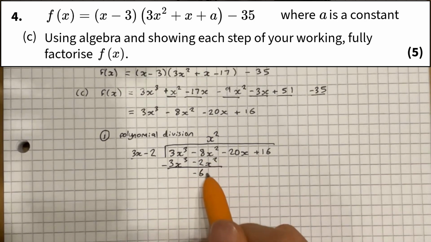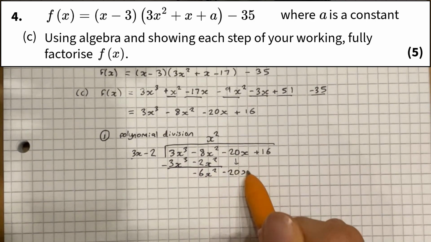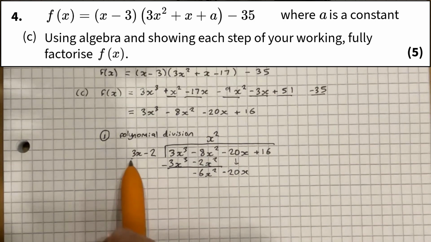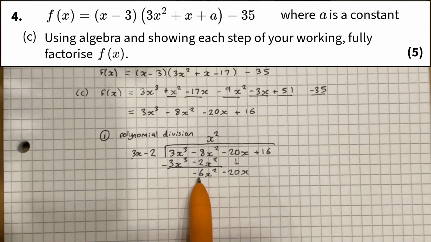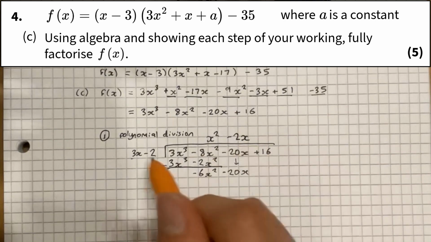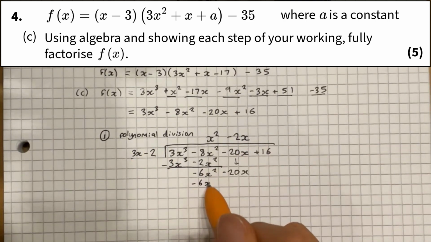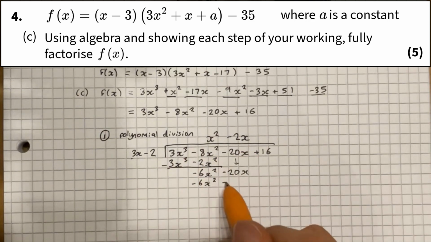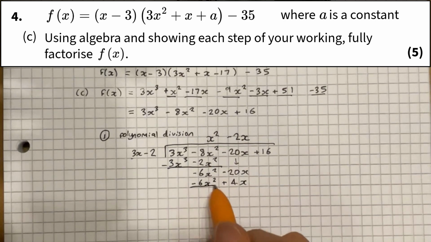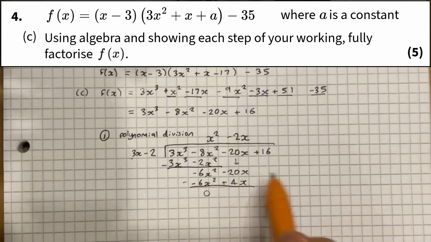And then the next two will get us minus 6x squared, and we can bring down the minus 20x to repeat the process again. What do you times by 3x to get to minus 6x squared? The answer is minus 2x. Now times the minus 2x by the whole 3x minus 2, and we get minus 6x squared plus 4x. We then subtract again. These two disappear, as expected,